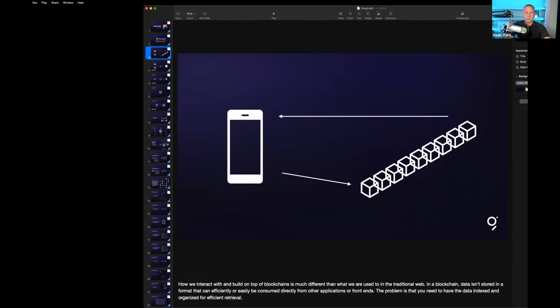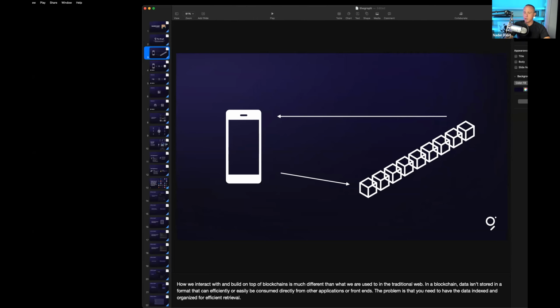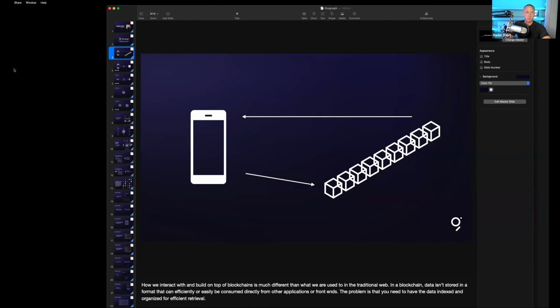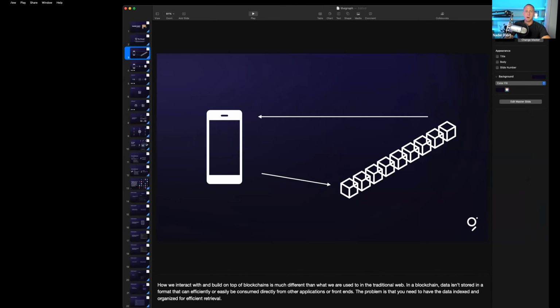Sorry, just trying to get the size of my screen sharing working good. All right, I think that's better.